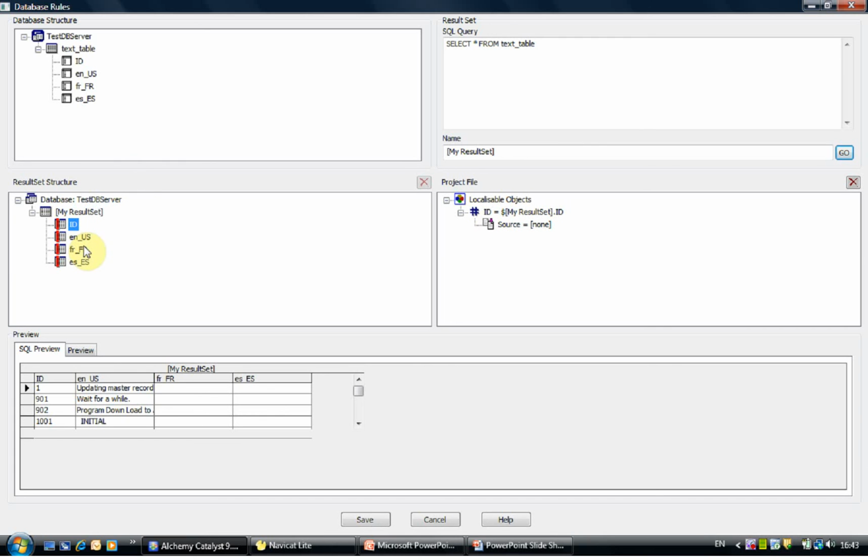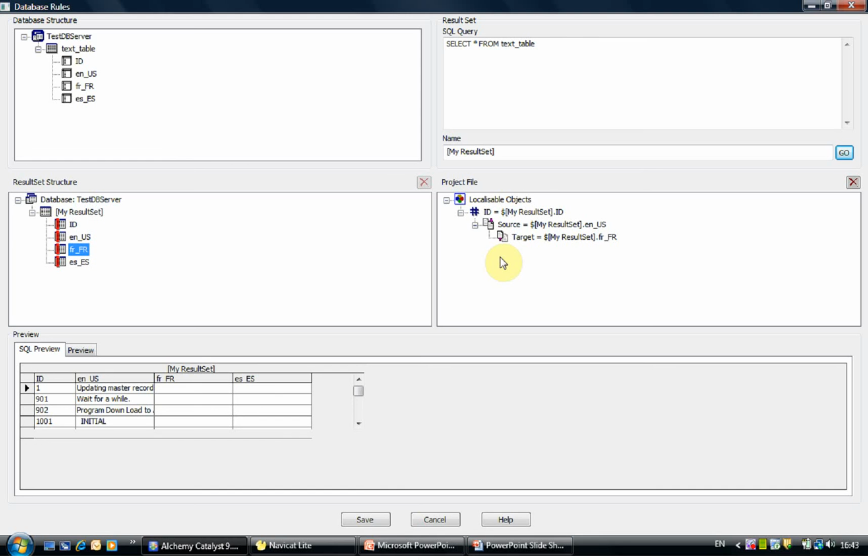Then what we want is the source text linked to that ID. So we will take the English column and drop it on top of the source item. And this has now used the English column as our source item. Finally, because we want to put the translation in the French column, we will drag the French column on top of the source, drop it, and use the new translation option. Now this has created a mapping saying that for every ID, we will take a source item, which is to be found in the ENUS column for that specific ID, and we will put a translation into the French column of the relevant